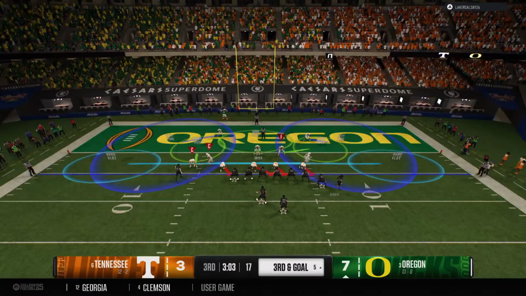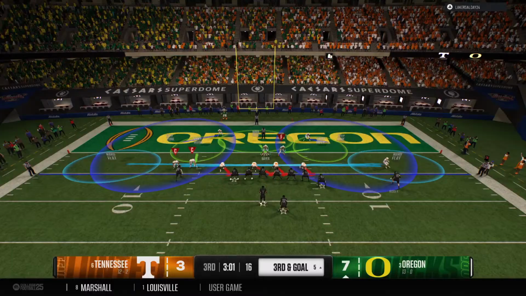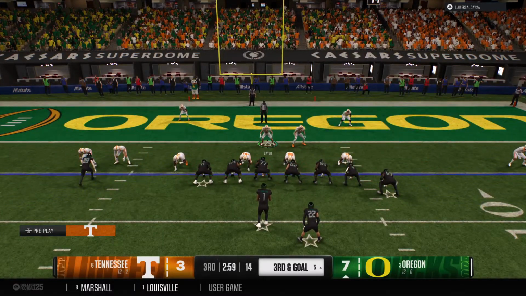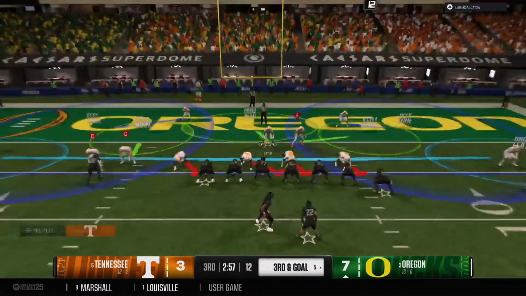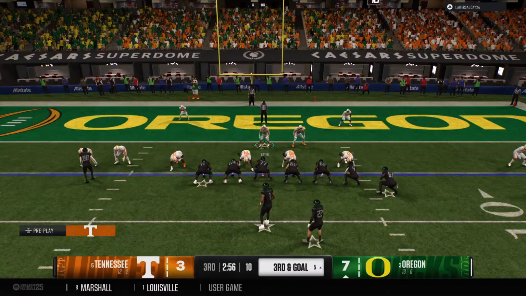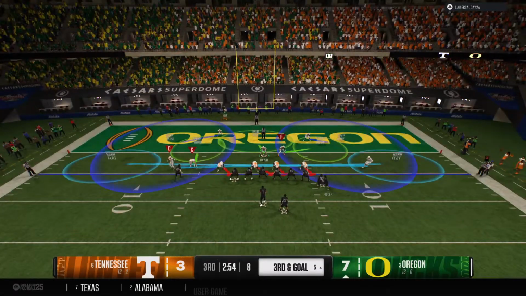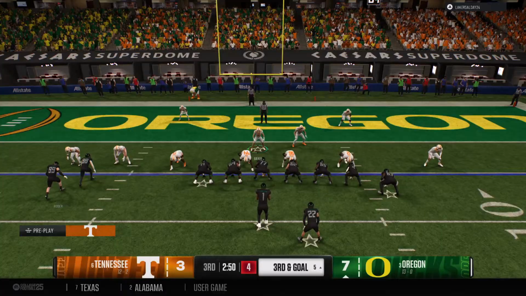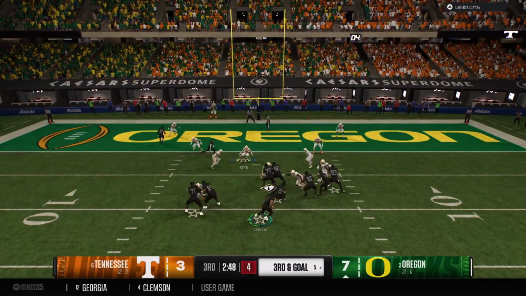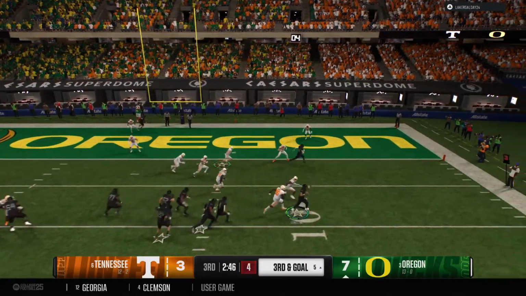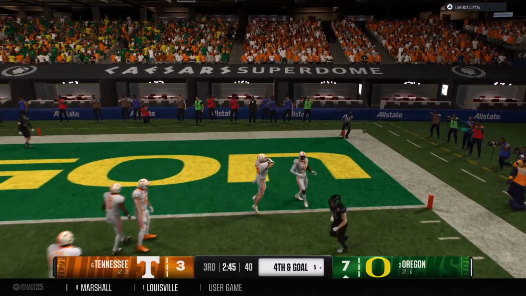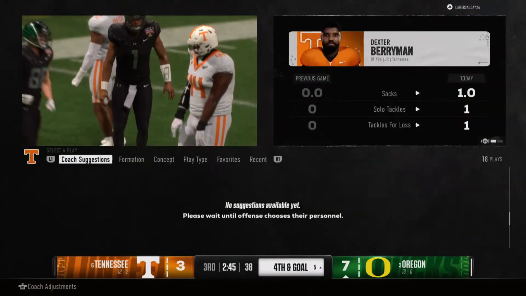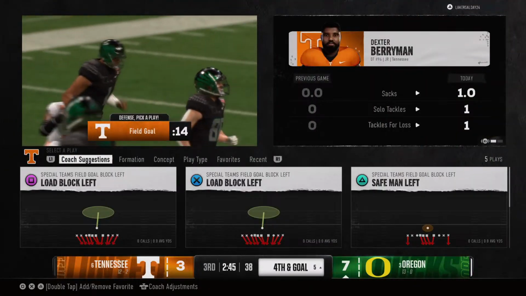Quarterback making adjustments now to what the defense is showing. They'll look to throw it on third and goal. He's moving out of the pocket. Incomplete. He was hit as he threw the ball. That's a big third down defensive play.